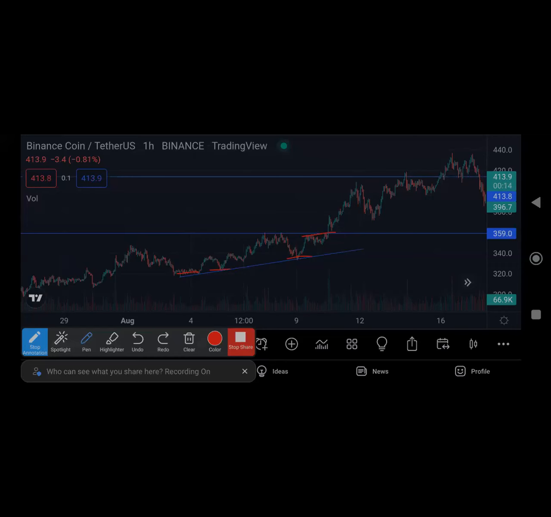The second way to make your entry is after the breakout, and this will test that. So these are two ways to make an entry on an ascending triangle. And for your take profit,